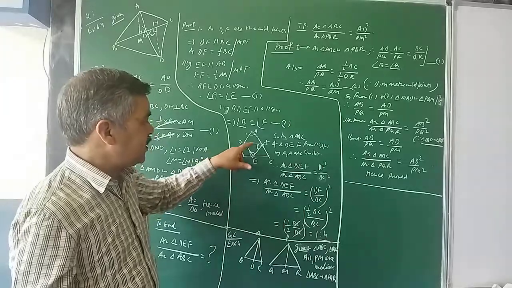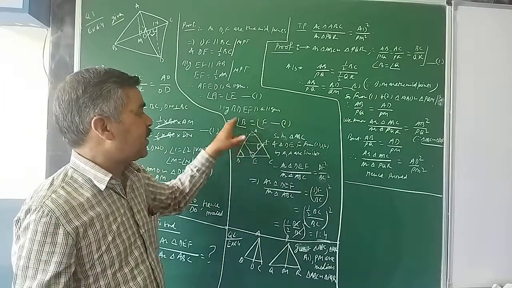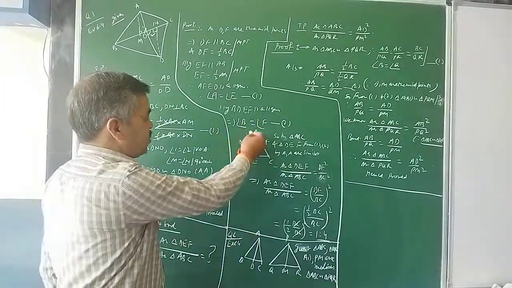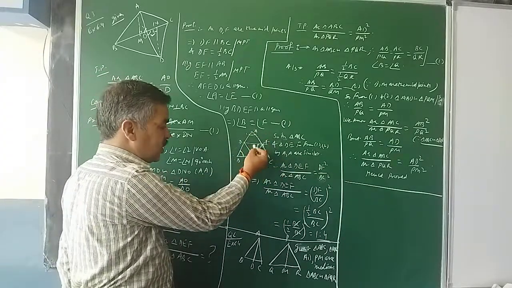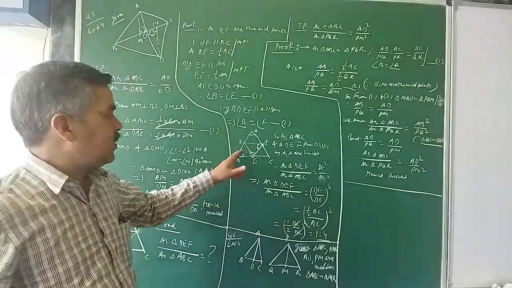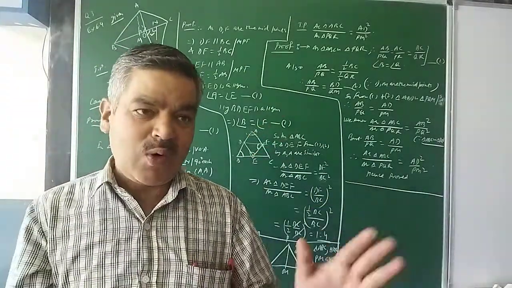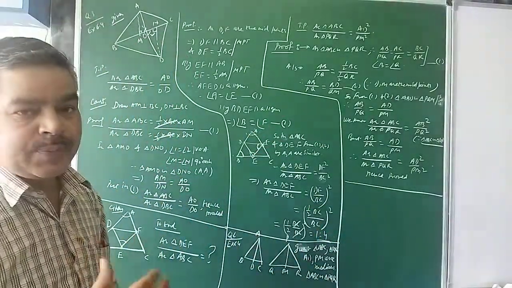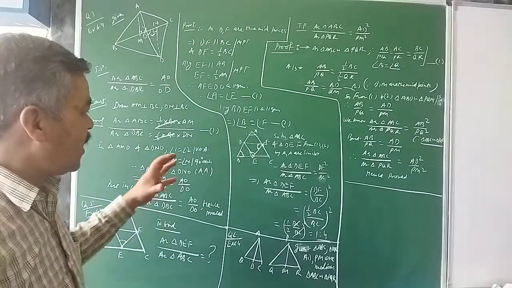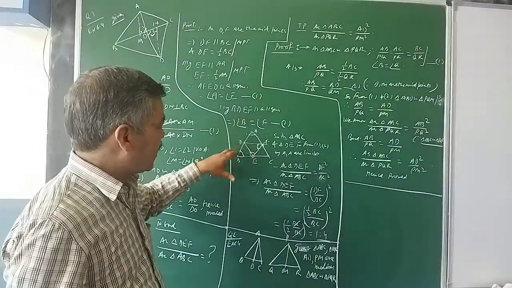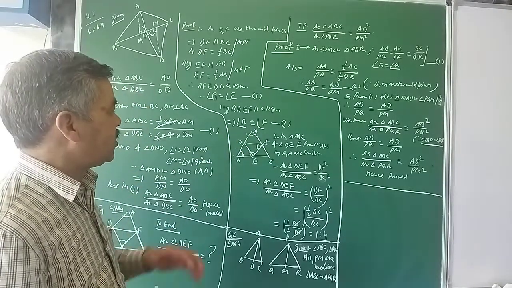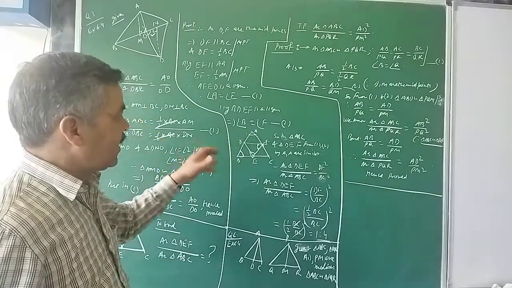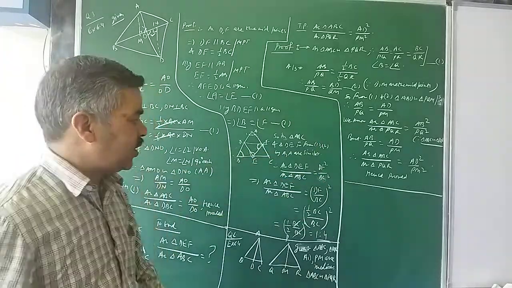So angle B is equal to angle F means the other pair I have proved in triangle ABC and triangle DEF. Angle A is equal to angle E and angle B is equal to angle F. Means now I have shifted to what? Similar triangles, and I proved that these two triangles ABC and DEF are similar to each other by which criterion? The angle criterion that I have mentioned there.